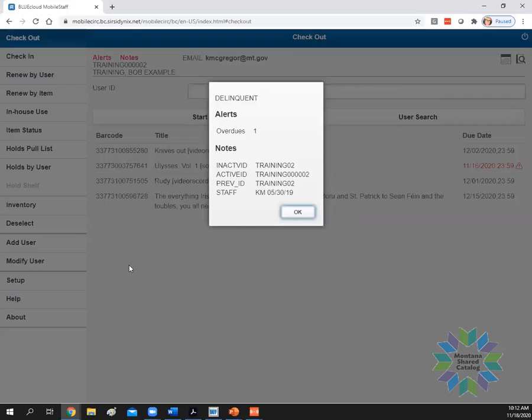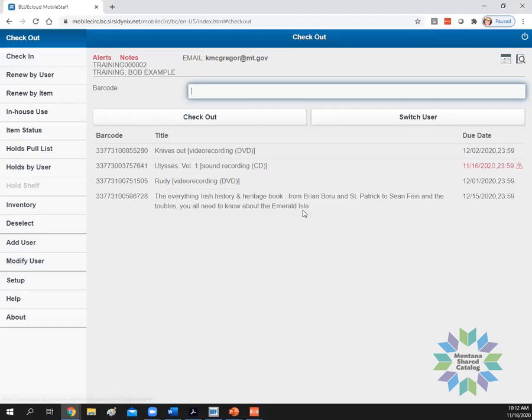Excellent. Okay. So you'll automatically get a pop-up, just like you would in workflows, letting you know things like if the user is delinquent, maybe has some overdues, and then any other notes that you've put on the account. Nothing new here, really. So I'm going to say, okay. Now,